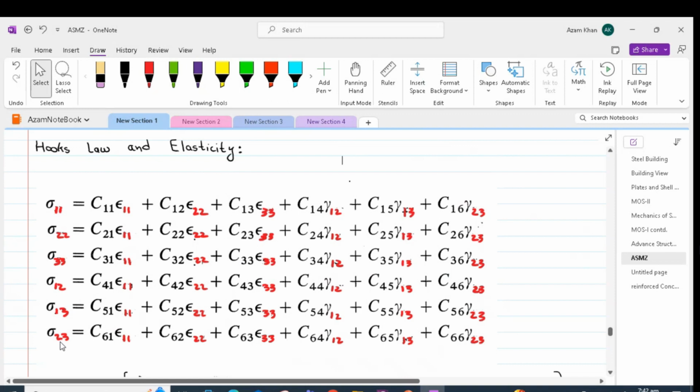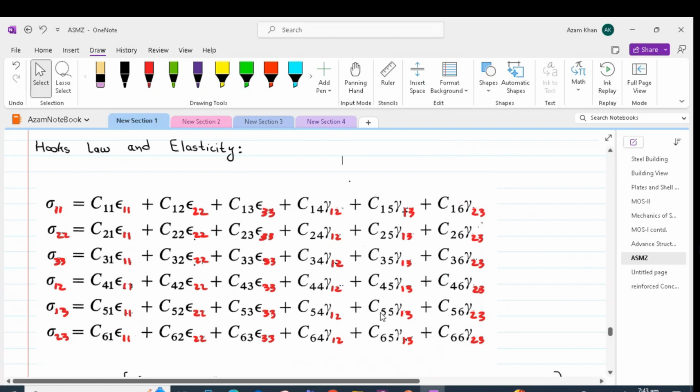So altogether 81 constants; 9 times 9 is equal to 81. It is because of the equilibrium of the element that we get sigma 12 equal to sigma 21. Similarly, sigma 13 equal to sigma 31, and sigma 23 equal to sigma 32, and that reduces the number of